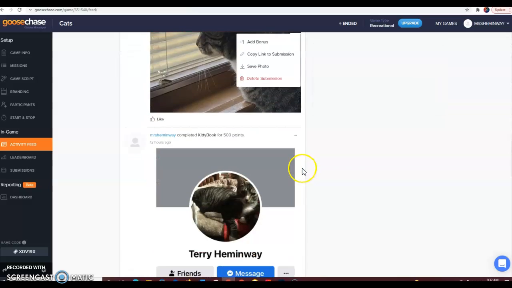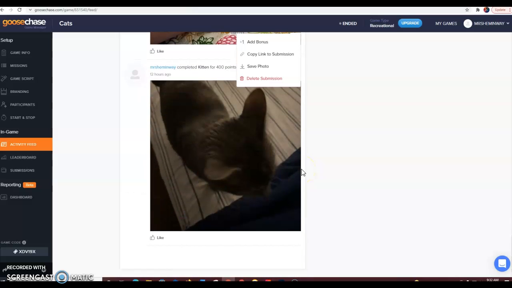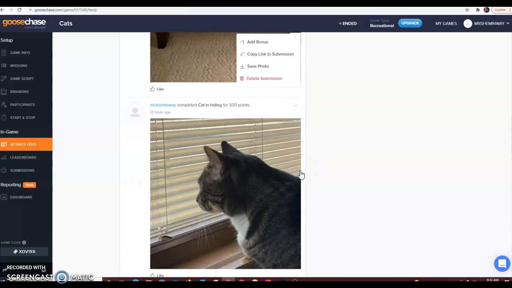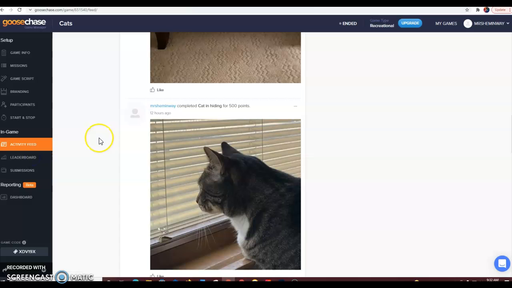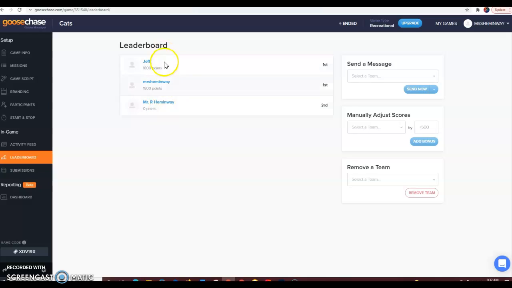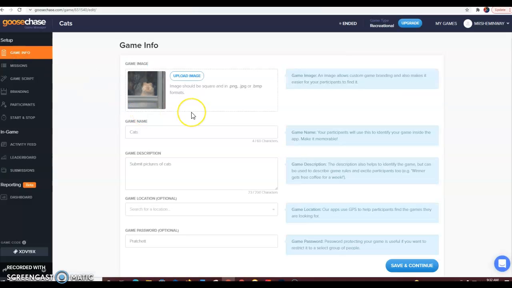So as the pictures are submitted, you can see they show up here, and then at the end we have the results, but it's a leaderboard as it's going. So it's kind of fun, interactive, super easy way to make it a little bit more immediate for everybody. They can see what everybody else is doing, have a little fun, gamify it a little bit. I won't do it very often. I like the idea of helping them build portfolios as well, but this switches things up a little bit and makes it fun. So I hope it works for you.